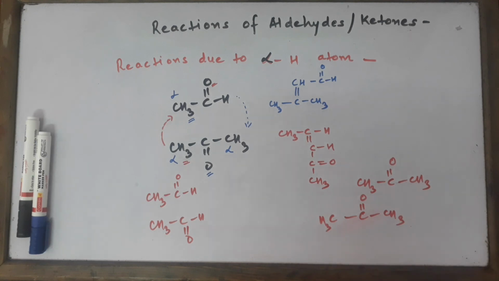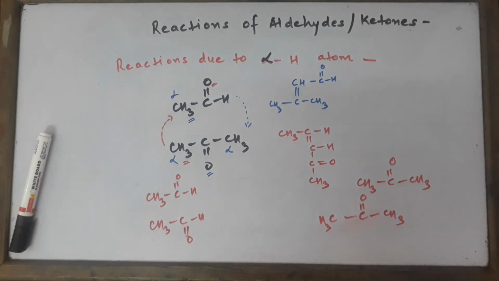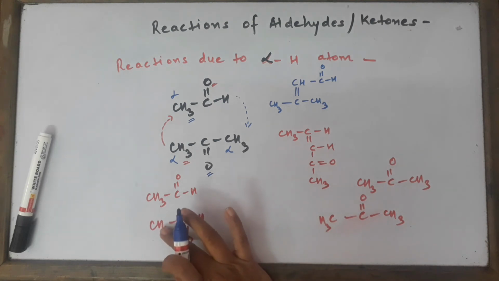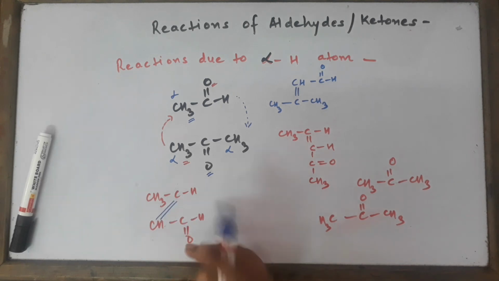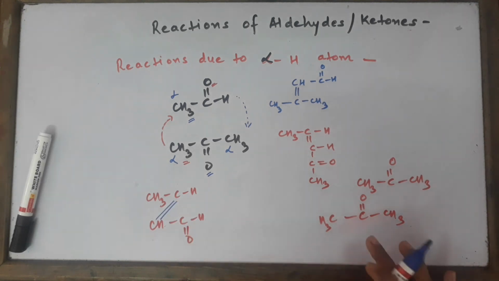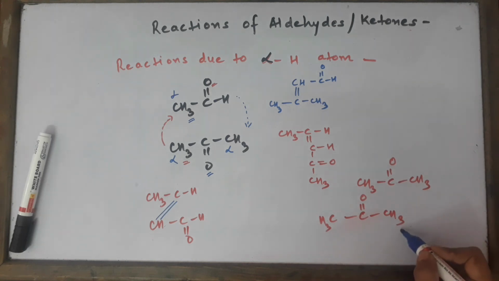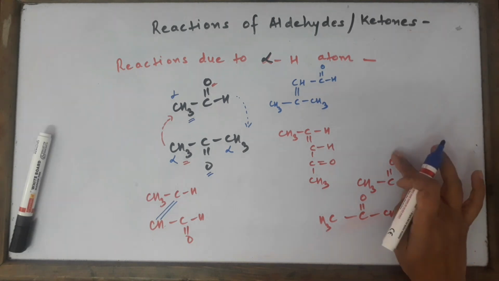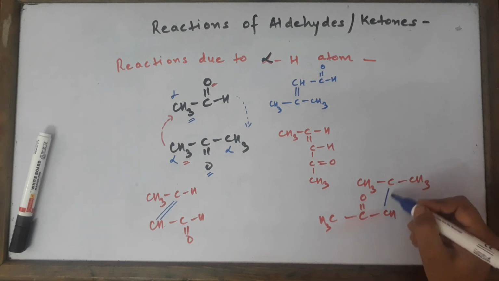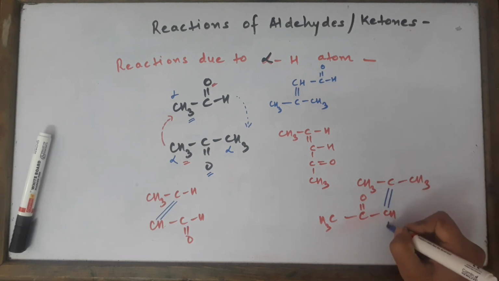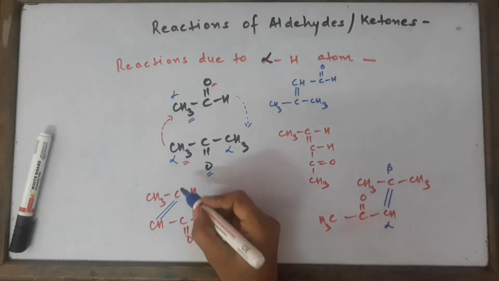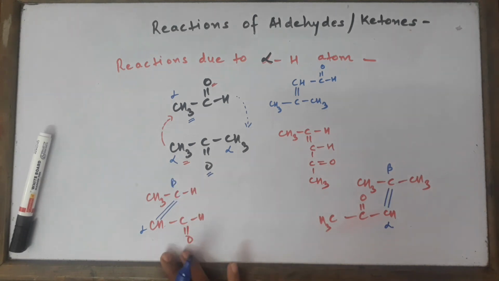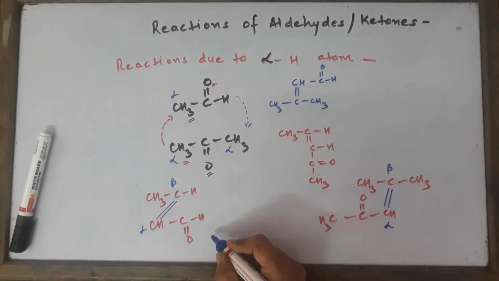So let's have a quick look at how to do the products. Here we are going to remove these two hydrogen atoms and this oxygen atom, and just connect them. So this is my first simple aldol condensation product. Similarly over here, I'm going to remove the two hydrogen atoms from here, and let's remove this oxygen atom. So we will get a product that is this one, which is an alpha beta unsaturated ketone, and over here I get an alpha beta unsaturated aldehyde. So these are your final products of aldol condensation.